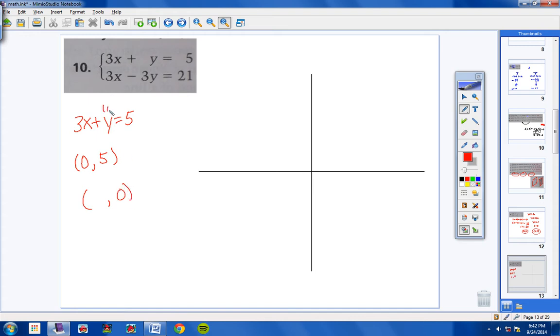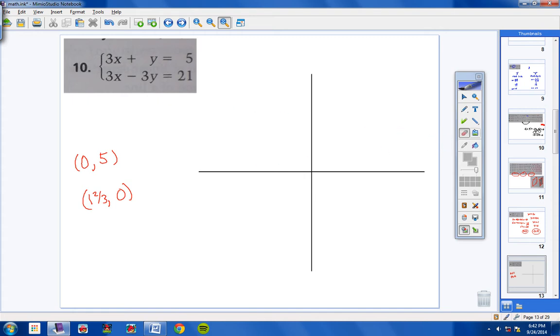I'm going to put a 0 in for y. So I'm left with 3x plus 0 is 3x. So I'm left with 3x equals 5. Divide both sides by 3. And x would equal 5/3, 5 over 3, which is 1 2/3. So there, just like that, very quickly,